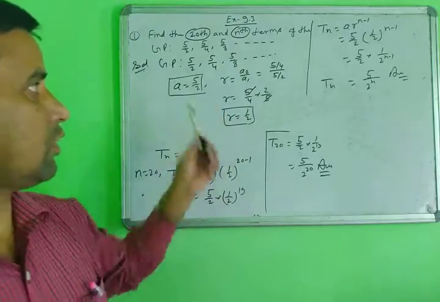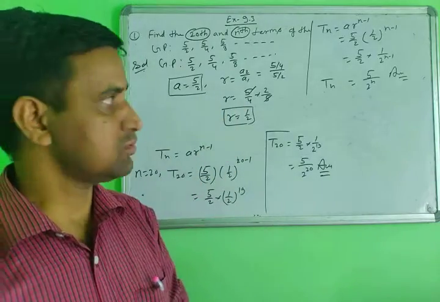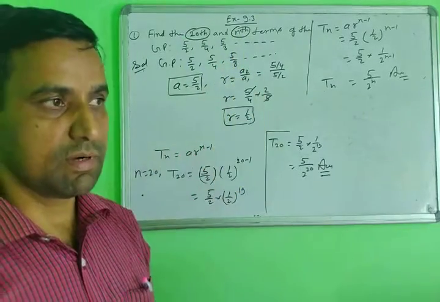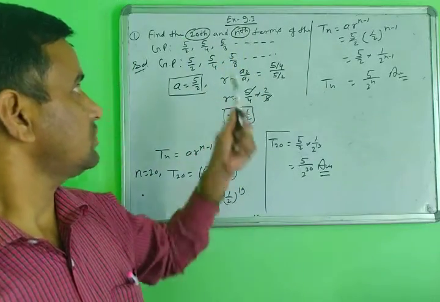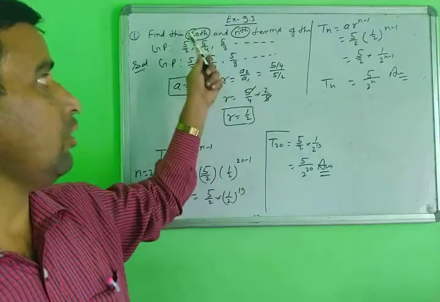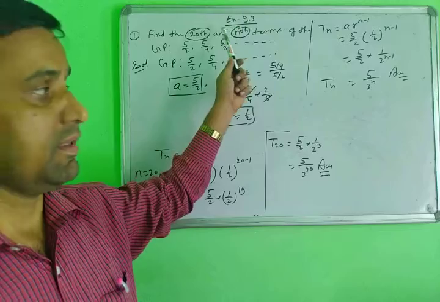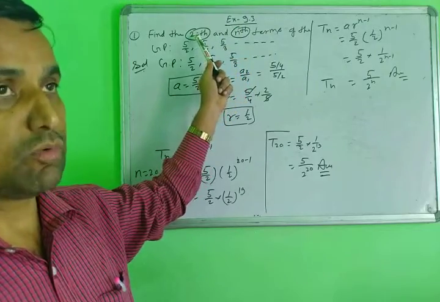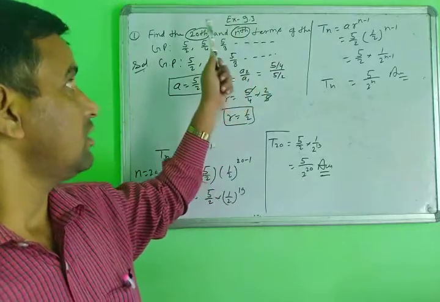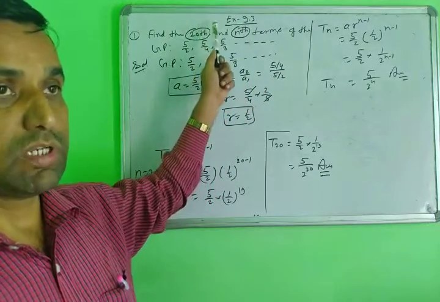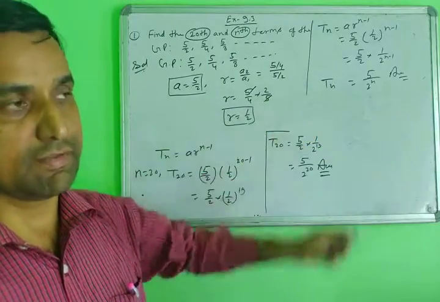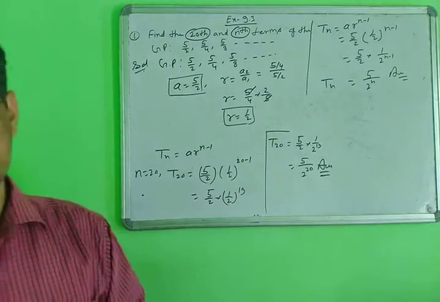In this way you will solve every question. For the 20th term and any general term, 10th term, 100th term, 15th term, suppose any number of terms, you will find it in this way. But n will always be a positive number, not negative. You remember it. Any counting number starts from positive number 1. So here any number, 1, 2, 3, 4, any positive number. N means the value of n is always positive, not negative.